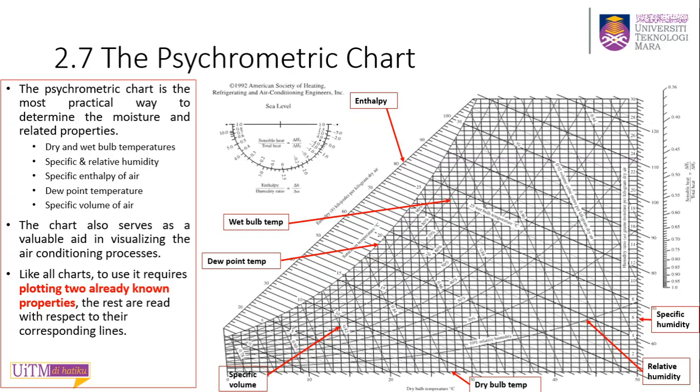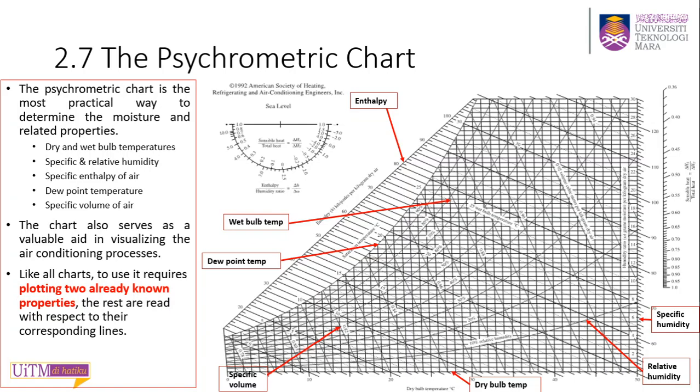Okay, 5, 10, 15, 20, 25, up until 30. Each property is represented at a certain location in the psychrometric chart. When we want to use the psychrometric chart, we have to have at least two of the properties, so we can plot. So we have to have two properties we can plot, and the remaining 5 properties we can read